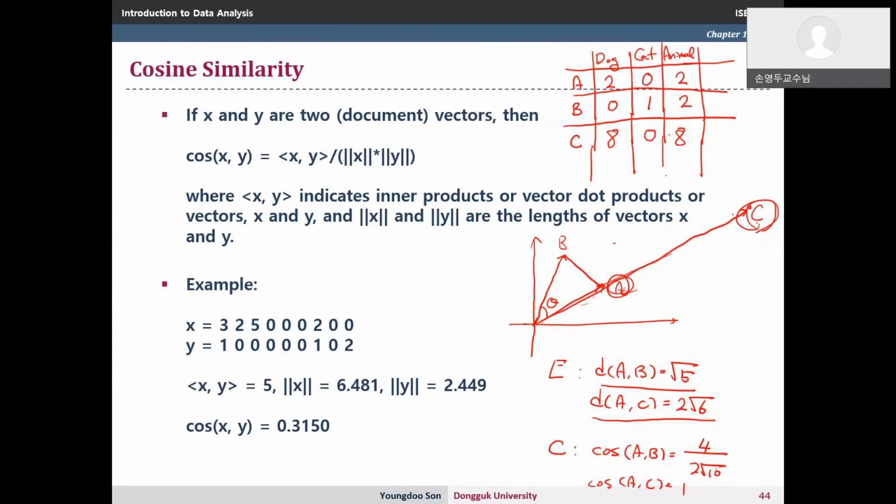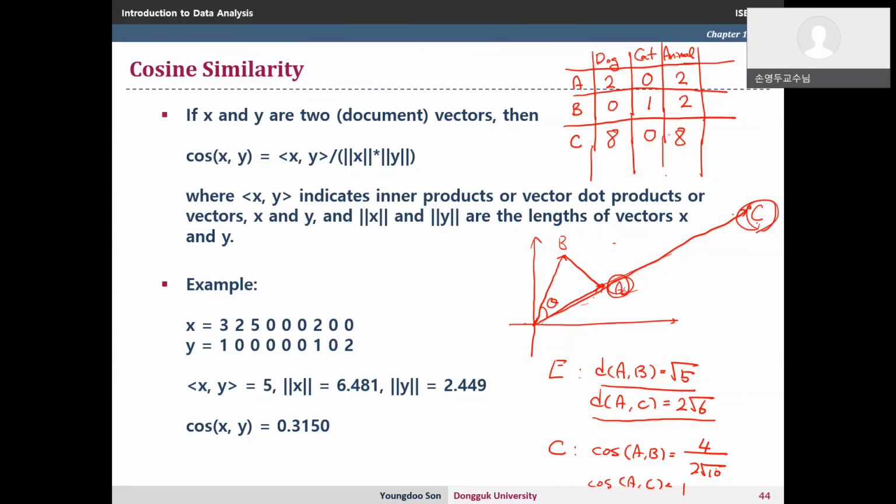So in this case, the direction of the vector from origin is more important than the distance between the data points,